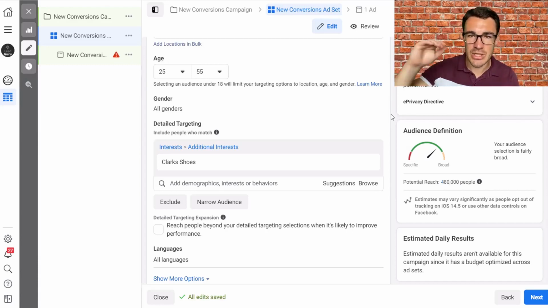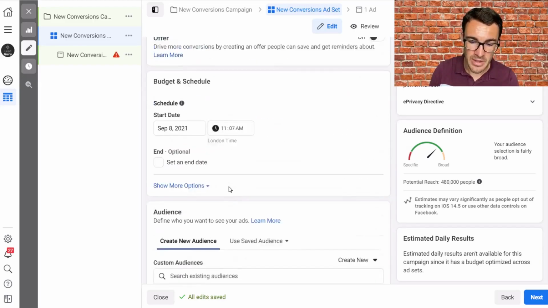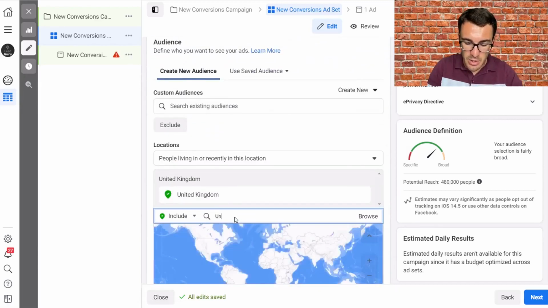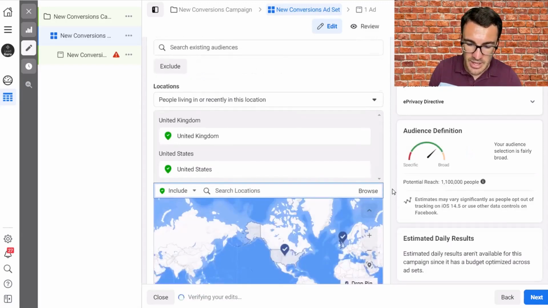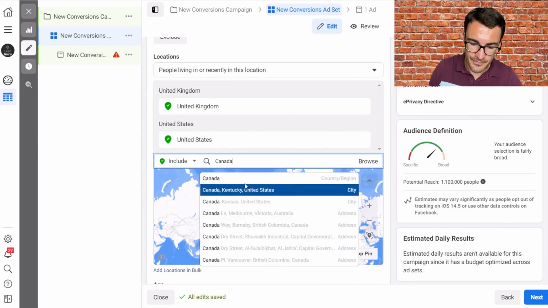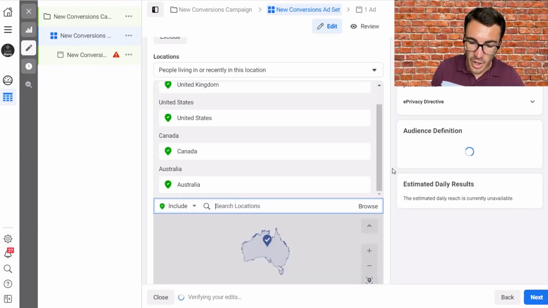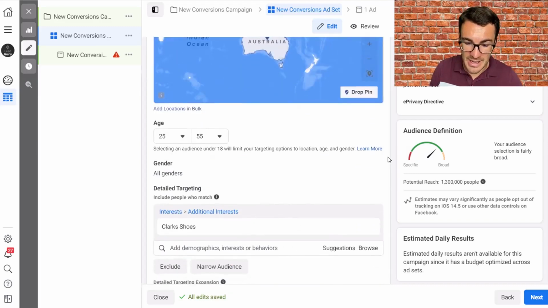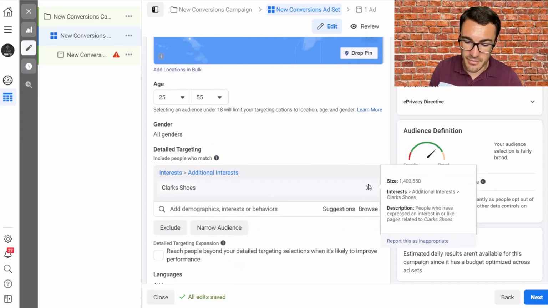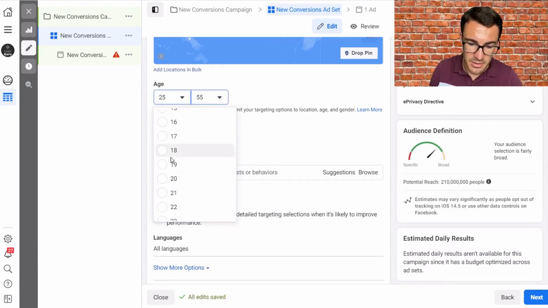But if you're advertising nationally or internationally, at least 250,000 people, up to 5% of the total population. Now, by the way, that 5% might be really massive. So let's go ahead and make a few adjustments. Remember when I said that we might advertise to, say, the UK, US, let's go Canada, and let's add in Australia, which a lot of businesses will advertise to. Okay, so it's going to be 5%. The maximum size now is 5% of the total Facebook and Instagram users in these combined locations. So let's get rid of that, and let's go with 18 to 65 plus,